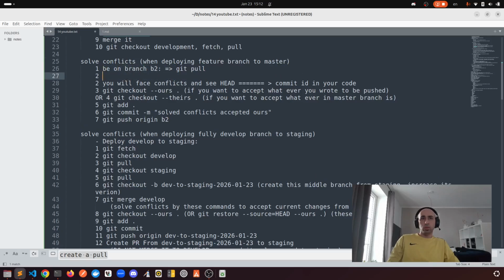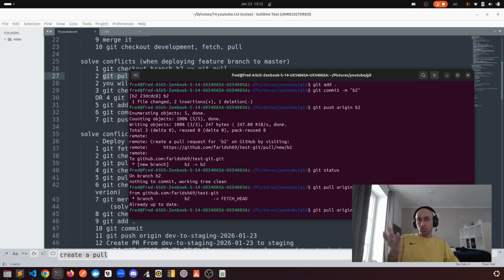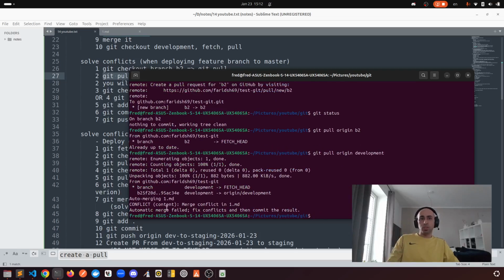And second one, git pull origin development. Let's say git checkout branch B2 to make sure we are in branch B2. We have the updated version now. We want to pull origin development to face the conflicts and solve them here. Conflict, merge conflict in